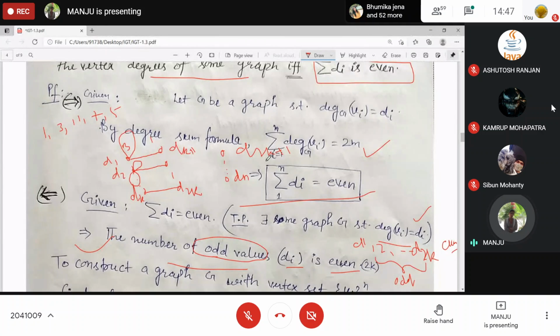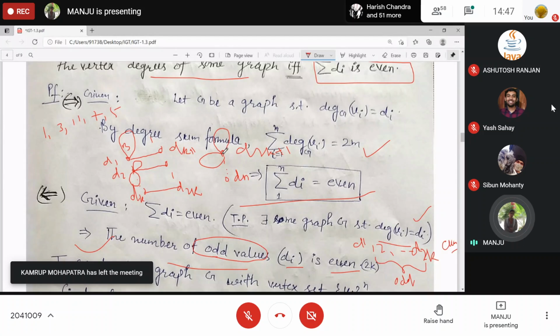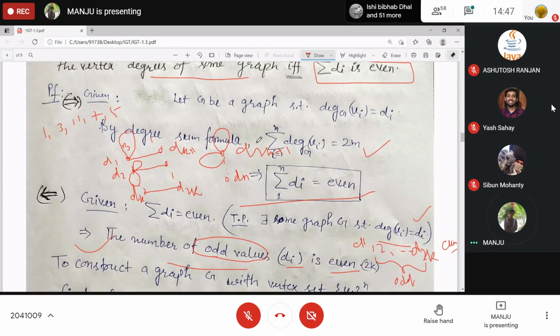Clear? And the degree of even numbers can easily be obtained by loops. Whatever the degree, you just add that number divided by 2 number of loops. So like this, we can construct the pseudo graph for which di become the degrees. How many loops in general are we inserting for even as well as odd?